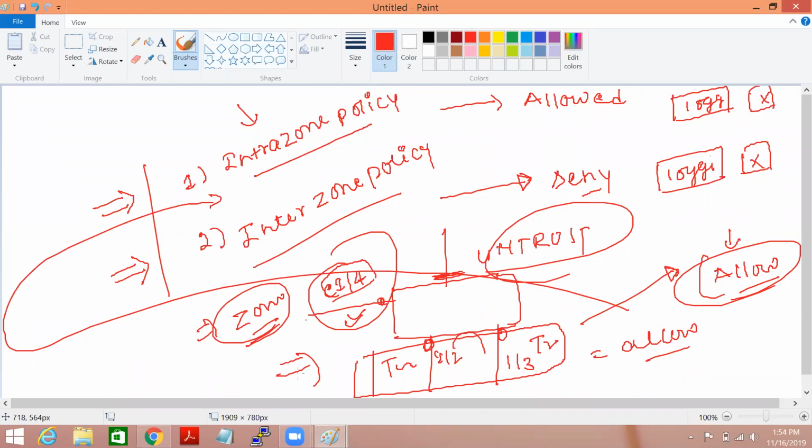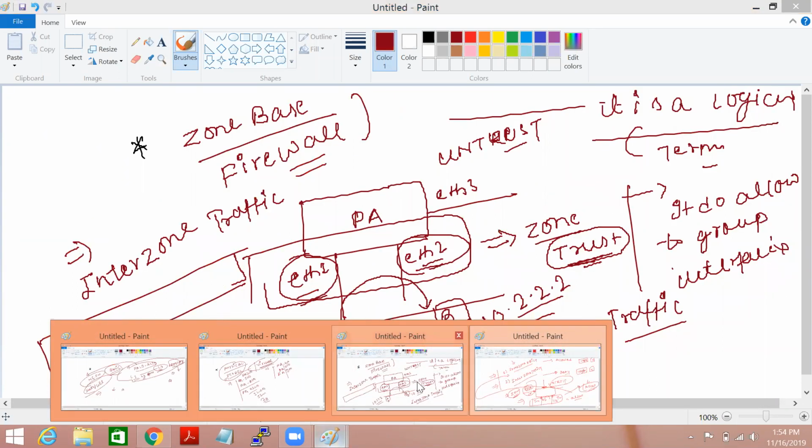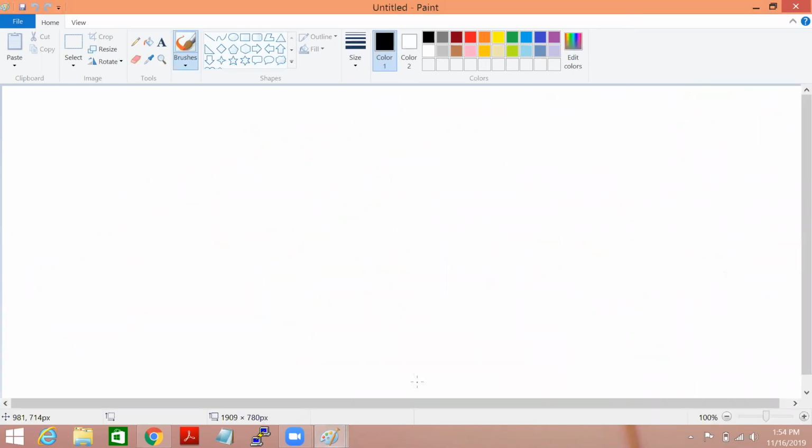So from a Palo Alto perspective, if you are trying to learn Palo Alto, the very first thing you have to understand is the concept of zone. There can be multiple zones based on requirements.